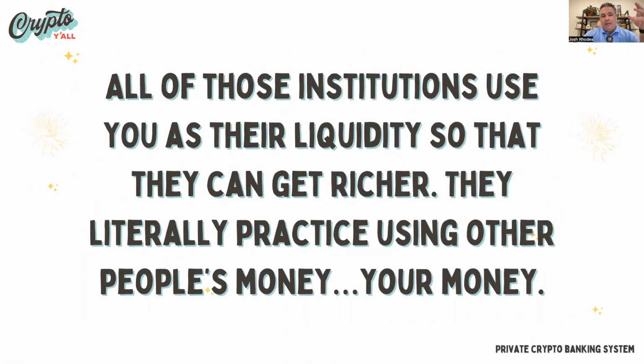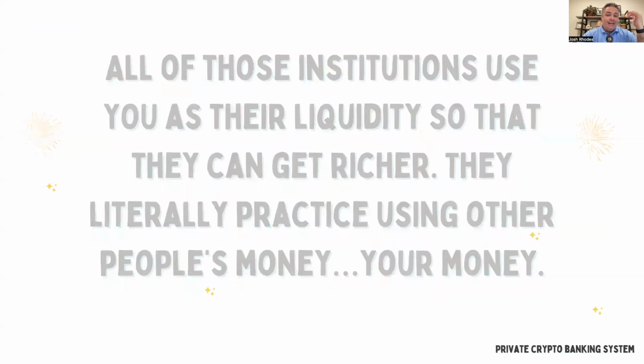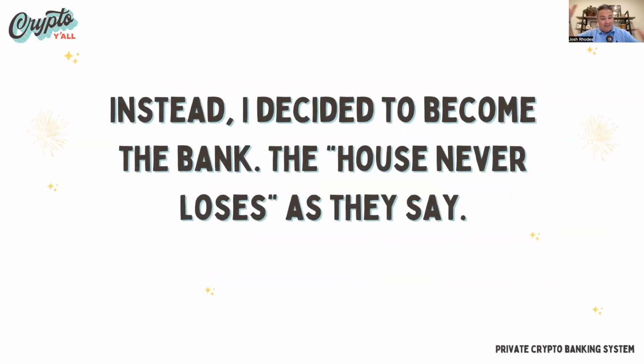And it's because all of those institutions use you as liquidity so that they can get richer, that they literally practice using other people's money. They're using your money as liquidity. And so instead of you getting the high annual percentage yields, the Wall Street P&Ls and stock prices and CEOs and C-suites keep it. So instead, what I did is I decided to become the bank, because the house never